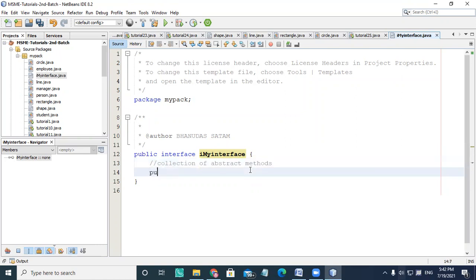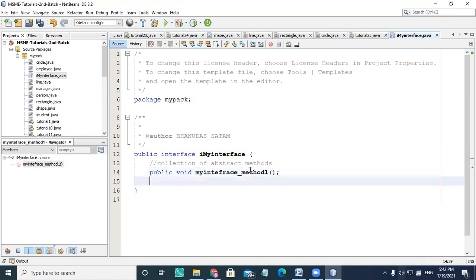So I'm writing public void, and this is my interface method one. I can write n number of methods. This is our first method without a parameter. Second, I'm writing public void my interface method two, and here I'm using String name.